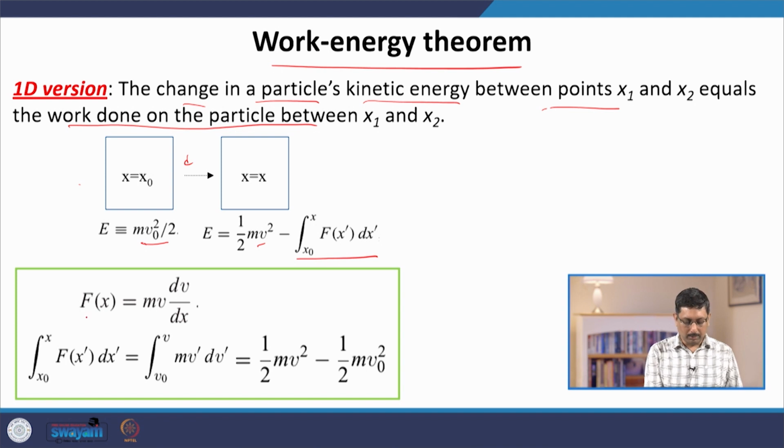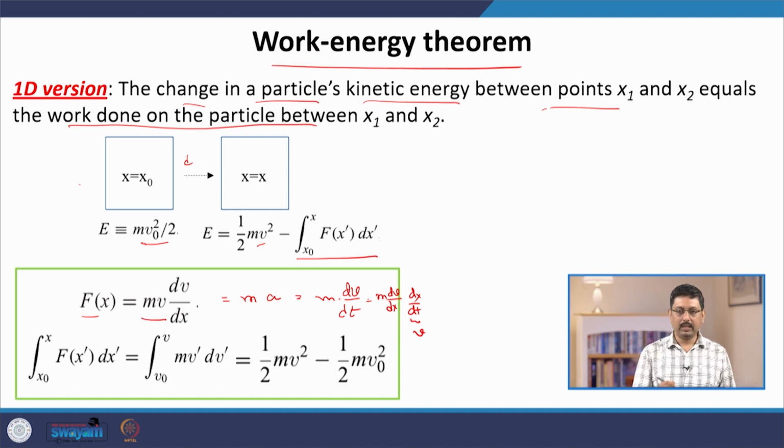Suppose this F, we know that F is m times a, where a is the acceleration, and a is by definition the rate of change of the speed or velocity. In 1D they are basically the same, and this we can write as m times dv/dx times dx/dt. Now, dx/dt is v, and hence we can rewrite this equation as m v dv/dx, and then we can